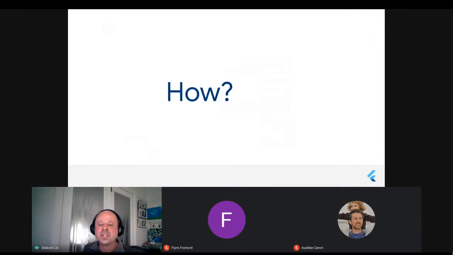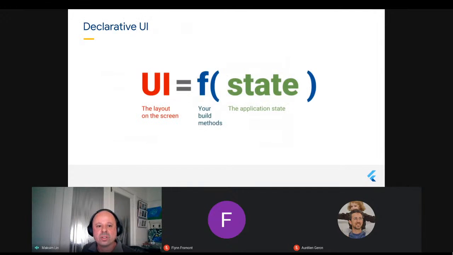So finally, I'll just quickly show you how you do Flutter and what Flutter code looks like. And I mentioned this at the start, Flutter has this thing called declarative UI. And that's a fancy term for what essentially is a simple concept. It just means that the user interface that you see on the screen comes from the application state being mapped onto the user interface.